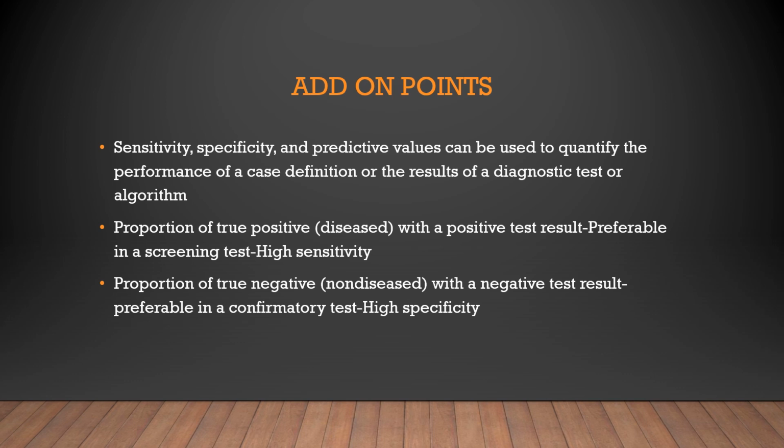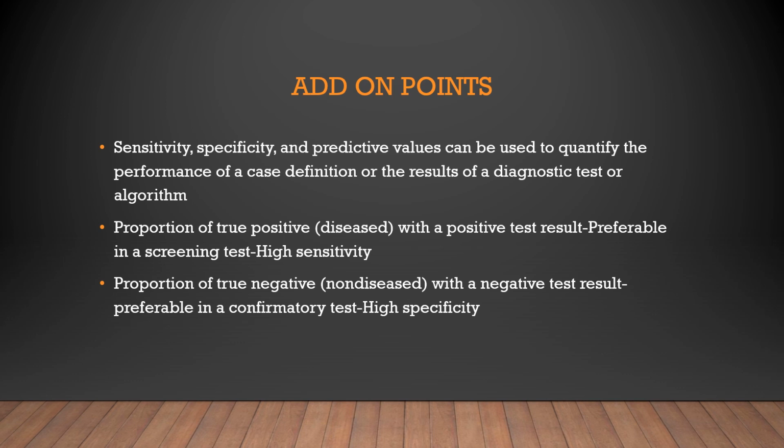So what other points can you add? Suppose they ask a short note on specificity, sensitivity, positive predictive value or negative predictive value, whatever it may be. You need to say that this is important for testing the accuracy of a particular test, and this is important for quantifying the performance of a test, a case definition or a specific algorithm. And what is required for a screening test? You need to have high sensitivity to make sure you don't miss out on any actual positive cases. Doesn't matter if you have a few false positives, but you are not missing any patients who have the disease. You can always rule out these extra false positives by doing a better confirmatory test.